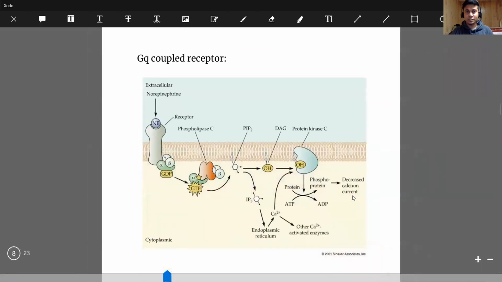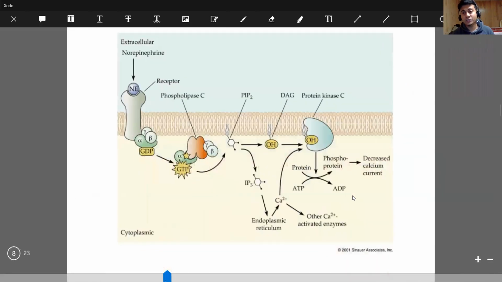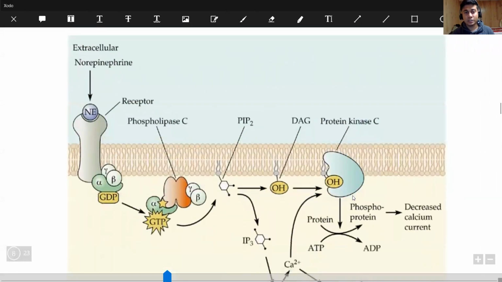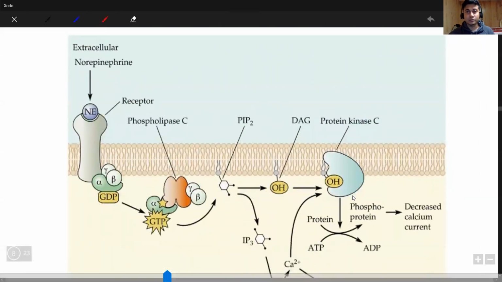Now, next is the GQ coupled receptor. Now, here you see that GQ coupled receptor, again, a G protein coupled receptor, and again, almost the same thing. Like here is the alpha, the beta, the gamma subunit. Here is the receptor, and here is the binding of the ligand to that receptor. Now, when it binds here, as you see that